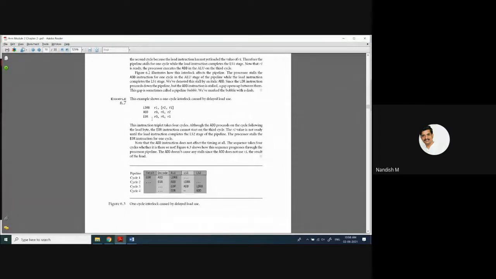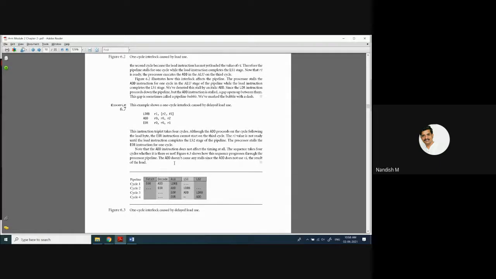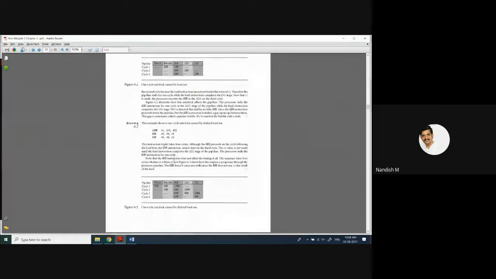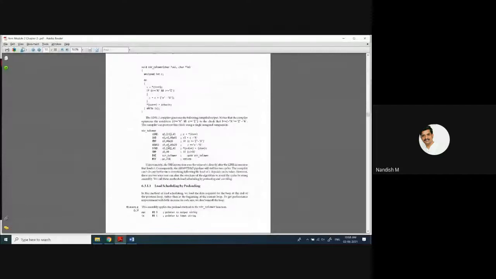I explained in the previous class the branch condition and the load instructions. Because of these 2 reasons, the processor pipeline is going to stall for 2 cycles. For each character, it has to be empty for 2 cycles.